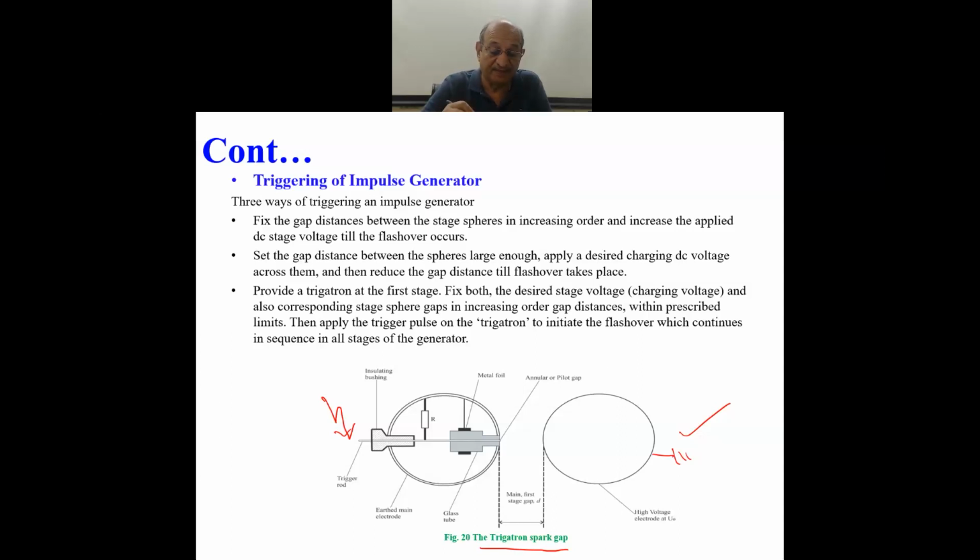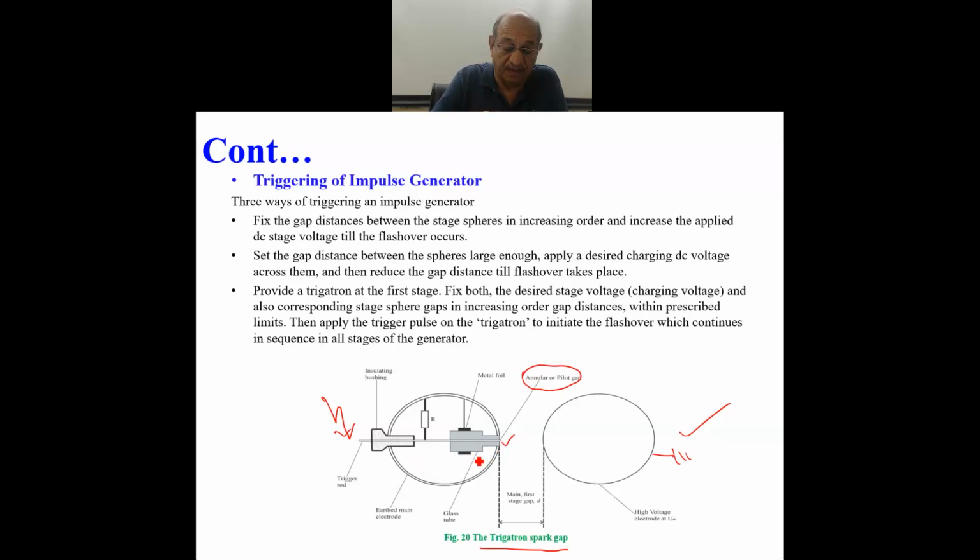See, there is an annular gap produced in the sphere. The spheres are hollow, and you produce an annular gap, as you can see it here. This is an annular gap produced through the walls of the sphere. There is a small gap, a small hole in the wall of the sphere, and from one end to the